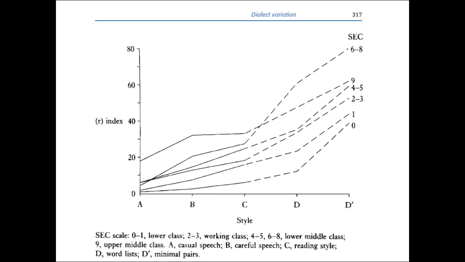The graph shown here indicates that in general, speakers in lower socioeconomic classes, or SEC, use prestigious features less frequently, while those in progressively higher classes show progressively higher usage levels. At the same time, all class groups use the prestigious features more frequently as speakers move from the less self-conscious speech styles on the left-hand side of the graph to the more self-conscious styles on the right.